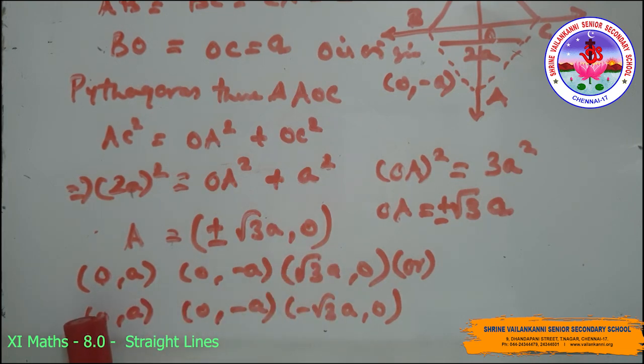The vertices of the triangle are (0, a), (0, -a), (root 3 a, 0), or (0, a), (0, -a),